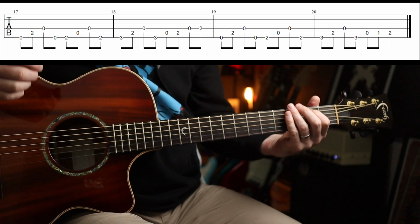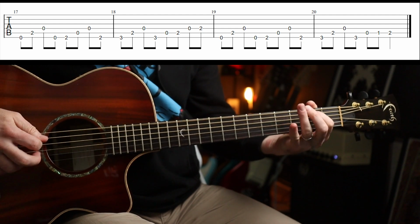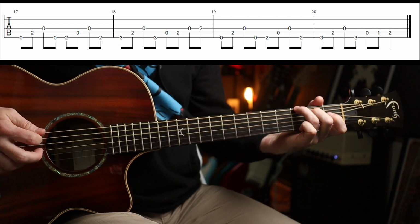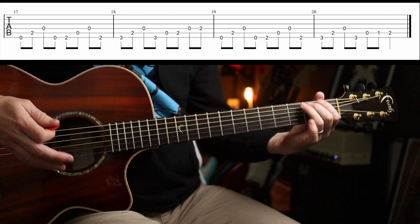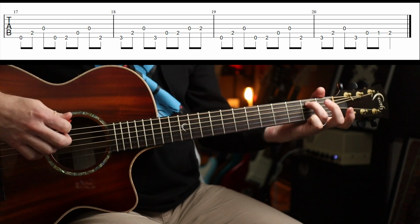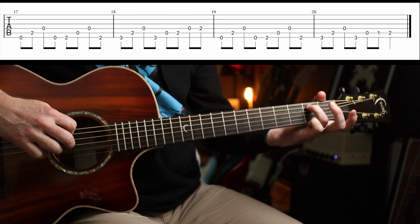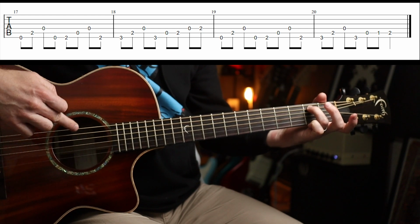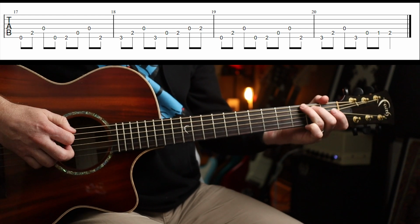Alright, and then you've got this lovely arpeggiated part, which goes. That's lovely, and that's played on the electric, but you can play it on the acoustic as well. No one will mind. Now you're going to play 0 2 0. And that pattern is the same throughout, so it's E, A, D, E. Okay, or if you imagine 1, 2, 3, 1, you're going to play 1, 2, 3, 1, 1, 2, 3, 1, 1, 2, 3, 1, and then you play